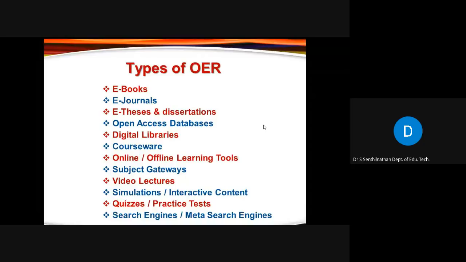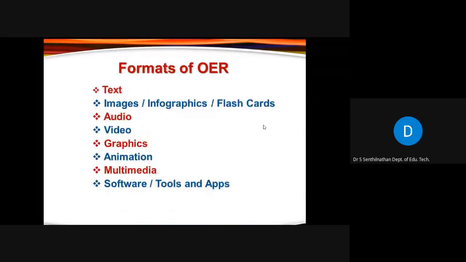There are different genres of open educational resources available. And the formats in which open educational resources are made available are also many.